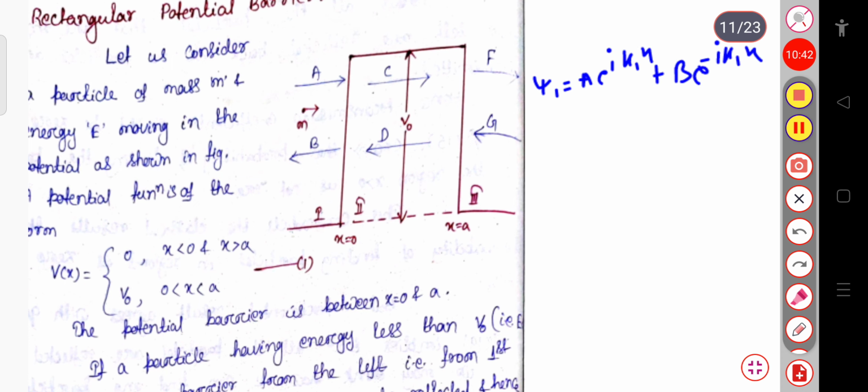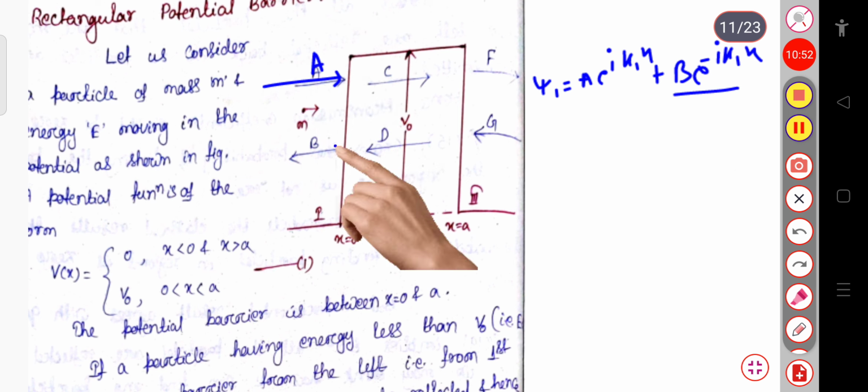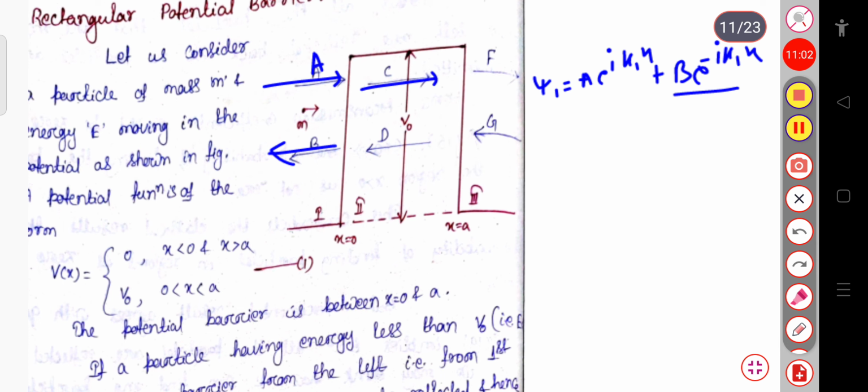The plus x means this wave is traveling in this direction having the amplitude a, and the second one represents the direction along minus x, and b is the amplitude of that wave. Similarly, c represents the amplitude of the transmitted wave, and